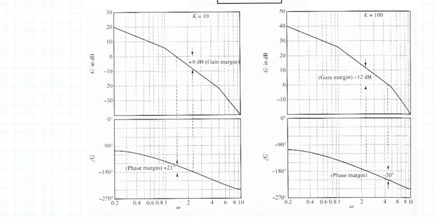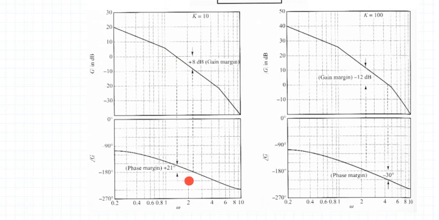So once you identify gain and phase crossover frequency, now let us find the gain margin. To find the gain margin, project your phase crossover frequency and see where it is intersecting your gain magnitude plot. So you could see I have projected the phase crossover frequency on the gain plot. You could see here it is intersecting the gain plot at this point.